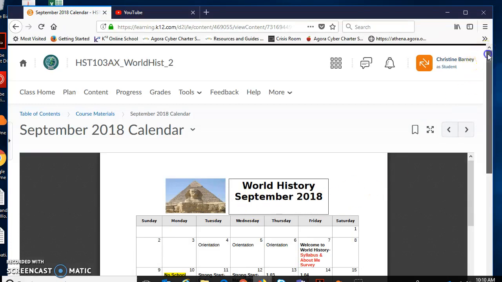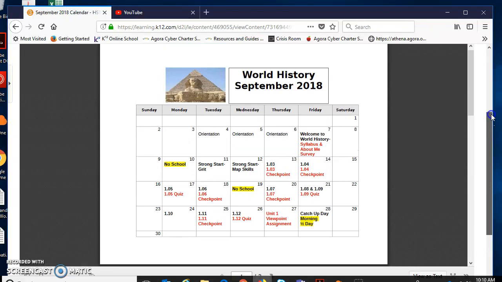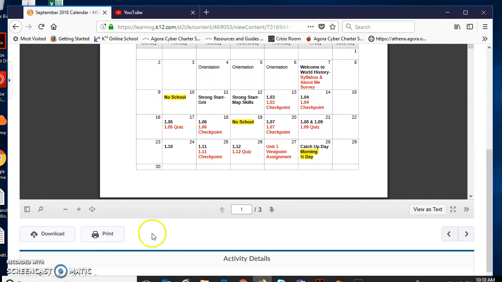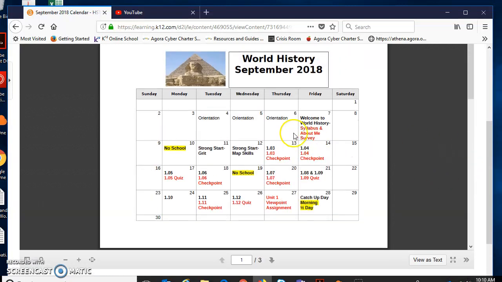And you can see this is our plan for the month of September in World History class. You're welcome to download this. If you click the download button, you can save it on your computer. You could even print it out if you'd like to keep this in your workspace so you know what's going on. You'll notice on the monthly calendar, I have the lesson for each day, and then also the assignments are